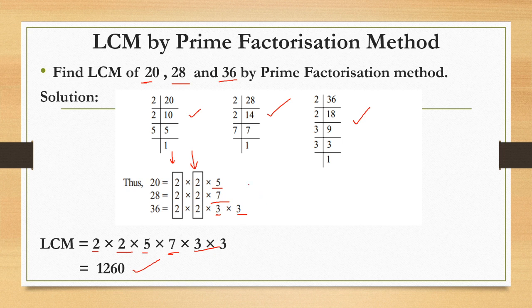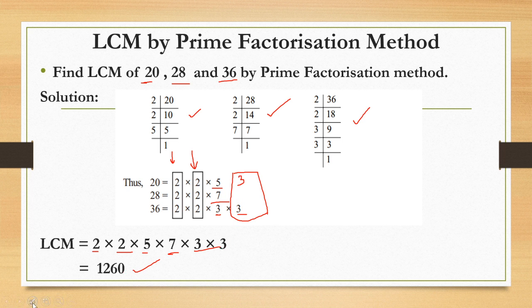Let me tell you, if we had a 3 also here, and it was common in only two numbers, then we would write only one 3 for those two 3s. First we have to find a factor that is common in all three numbers. After that we look for any factor that is common in two numbers. Suppose we have a 3 here, and we can see 3 is common in two numbers, so we make a pair of 3s, and for these two 3s we write only one 3.